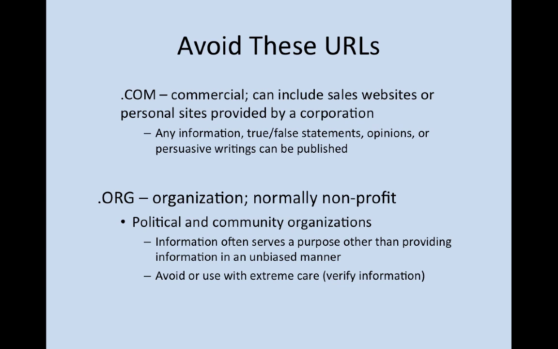All of your news providers, such as Fox News, CNN, and MSNBC, have sites that end in .com, and seldom will these three sites agree on a news story due to their biased slant on information. .org is for organizations, which are normally non-profit in nature. Many of the political and community organizations publish websites with this type URL. The information often serves a purpose other than providing information in an unbiased manner and should be avoided or used with extreme care, meaning you need to verify the information with another more reliable source